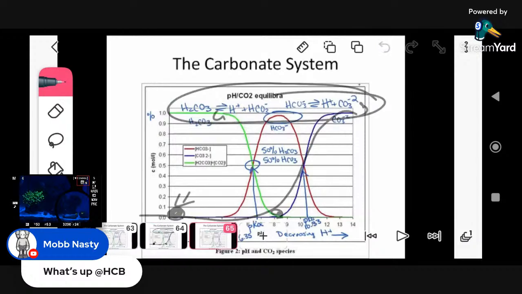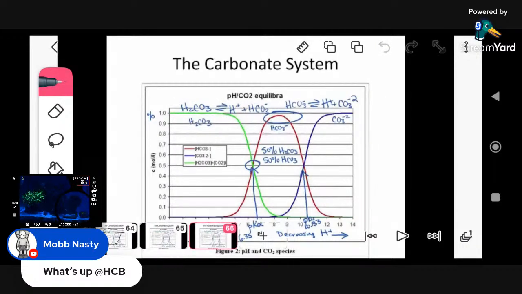So that is the buffer system of carbonate. But for whatever reason, I don't know if it's marketing or businesses trying to sell you stuff, but in reality and chemistry, we just call this a buffer. And this is just the carbonate buffer, okay? But in the hobby, they call this alkalinity, which is kind of weird because when you learn chemistry, when you favor this side of the water, you say you're making the water alkaline or the solution alkaline.